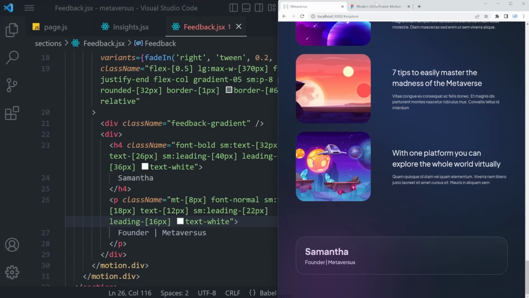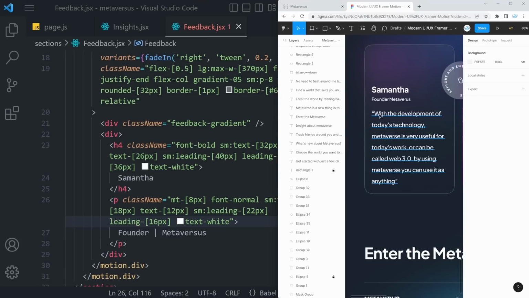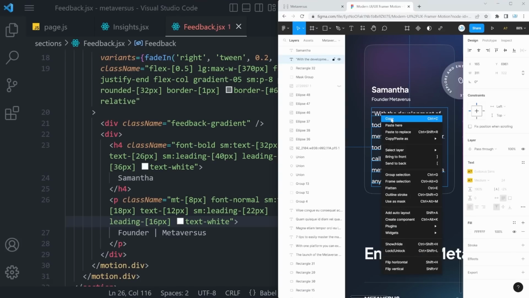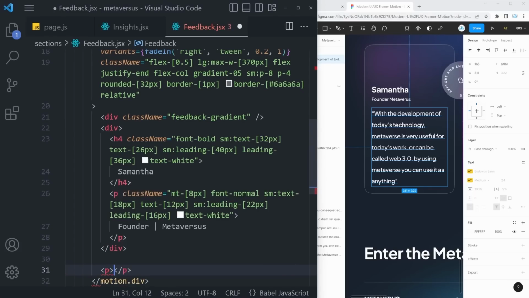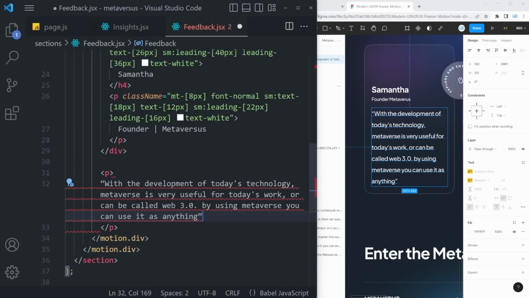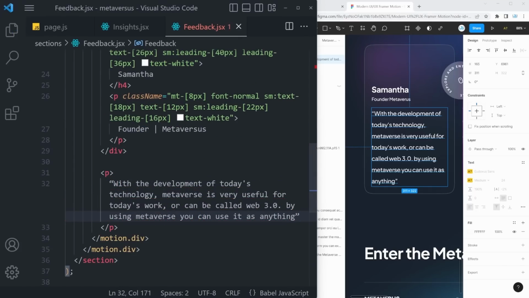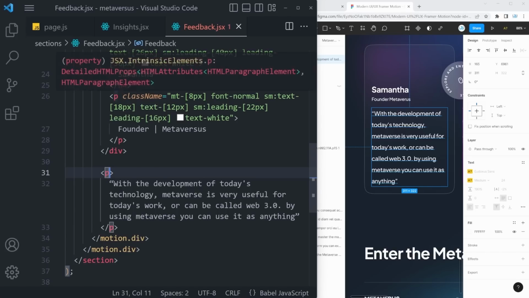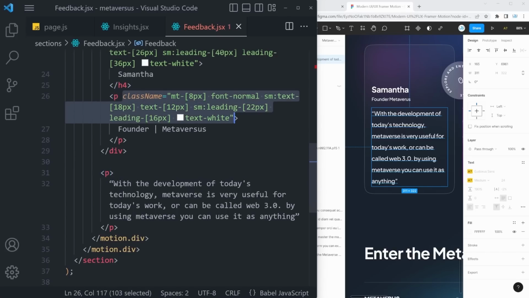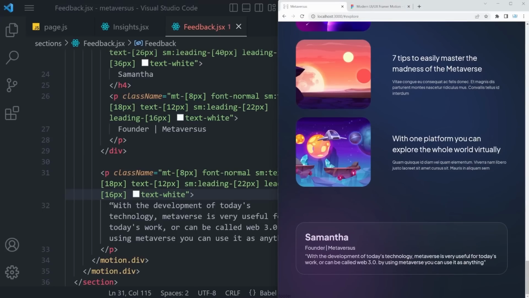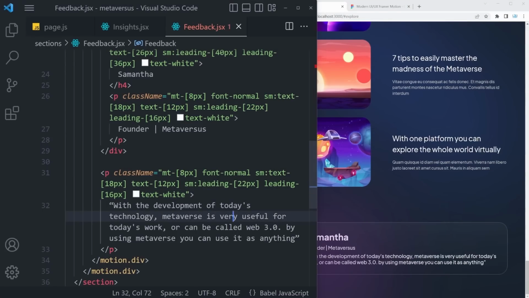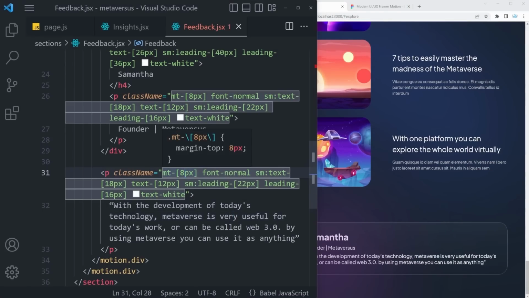But of course, we are yet to add this long description. So let's go ahead and copy it from here. And below this div, we're going to add another p tag. Inside of there, we can paste what we copied. Let's also apply some class names. As a matter of fact, we can copy the class names from the top p tag and paste them right here. Now, if we go back, it's going to look almost good, but let's change the margin top to 24